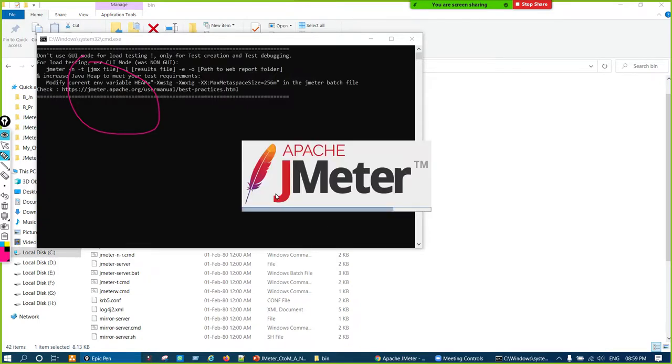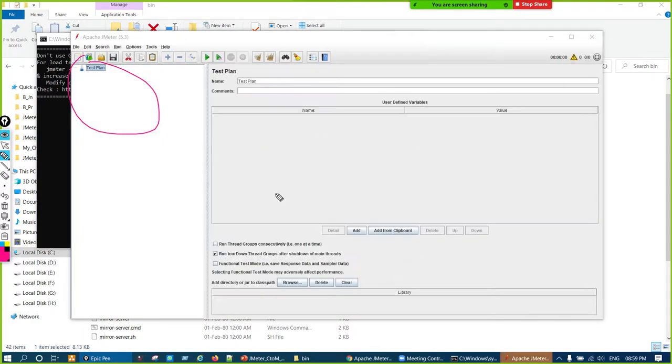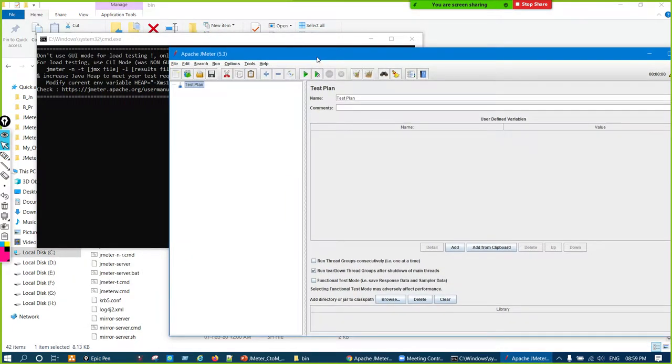Here we can call other jar files also, no? Pardon? Sorry, here we can call other jar files also, other than this jmeter.jar file? I'm not getting it. Okay, we will discuss it offline. Okay, no, your voice is a little low. That's why I'm not getting what you are saying.